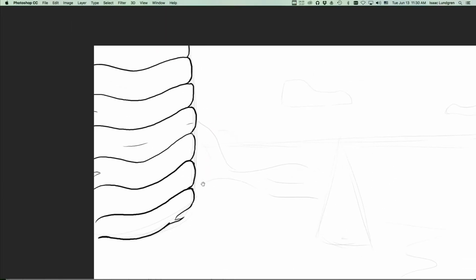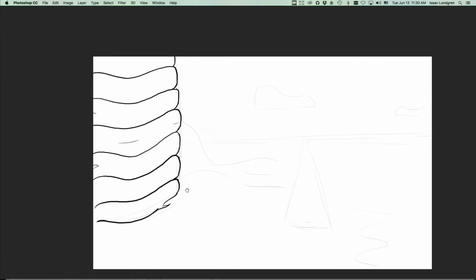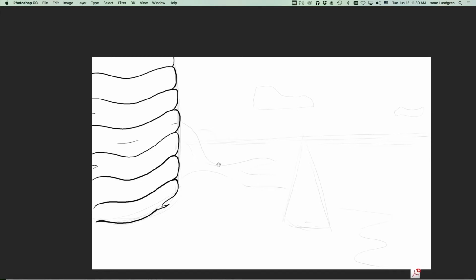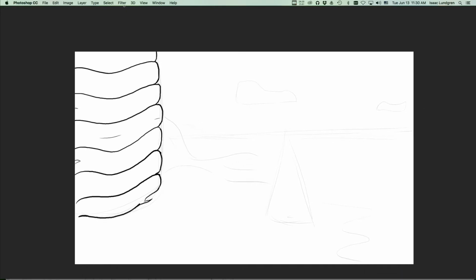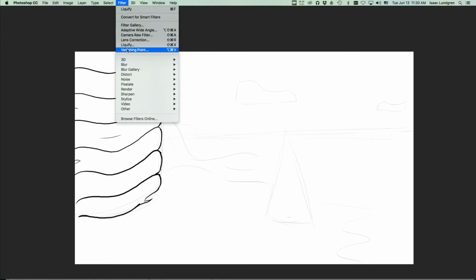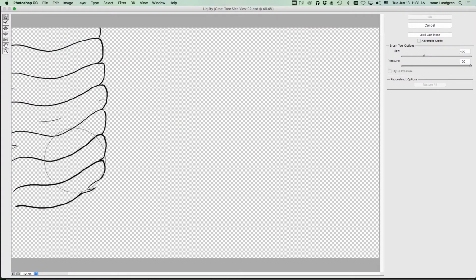Now, I like this all right, but I think I'm going to have to reform some of this area. Now I could erase these lines and kind of redraw them a little higher. I'll go ahead and show you another handy tool here that we can use for that. Filter, Liquify brings up our line work into the liquify area, and this first tool here, Forward Warp tool, you can press the bracket keys to change your brush size, and I'm just kind of